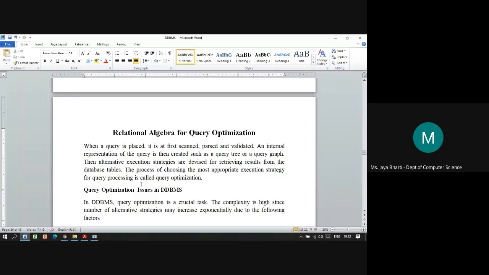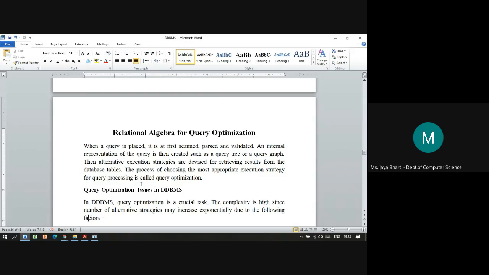So when we say query optimization, we want the quicker output from that internal graph or tree structure. Based on the strategy selected, the system chooses. So query optimization is the selection of the appropriate execution strategy for query processing, so that we can make it faster and give the output in minimum time.